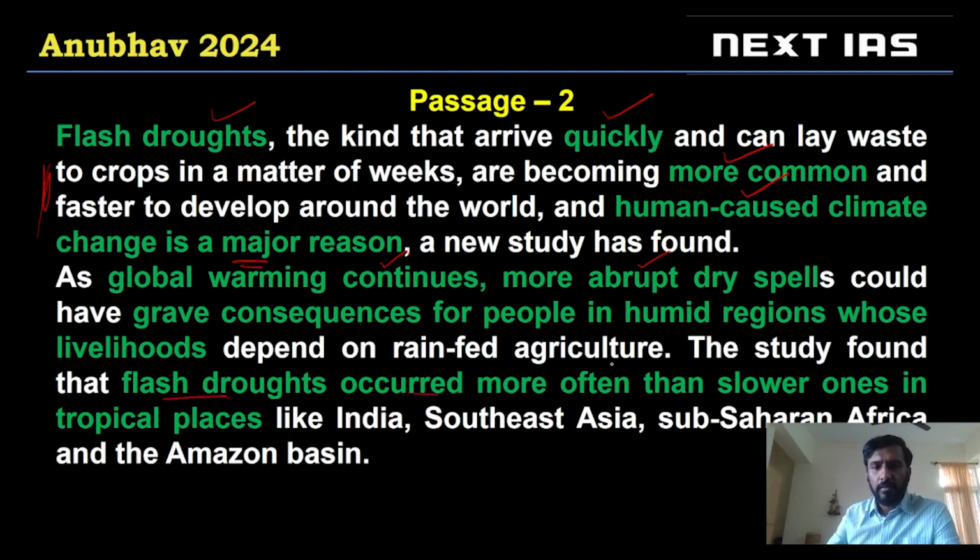Flash droughts occurred more frequently than slower ones in tropical places. मतलब इन countries में या in regions में, fast droughts occurred more than slow droughts. All right. So in these regions,